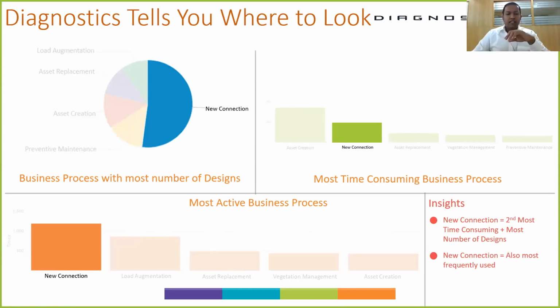Using these insights, I know that I need to concentrate on this business process. So now that diagnostics has helped me identify where to look, the next thing I need to do is to understand what I can do to make my new connection business process more efficient,